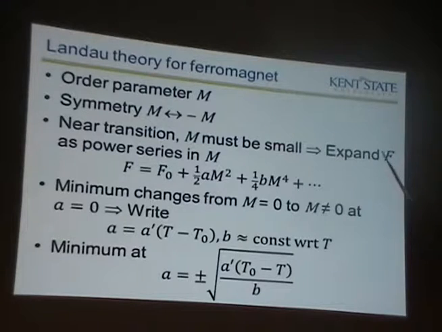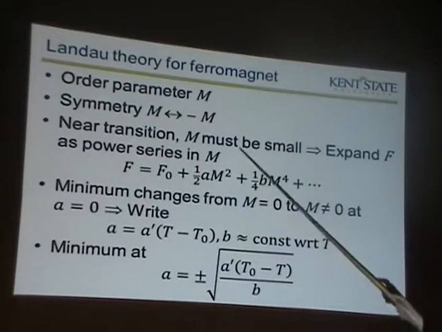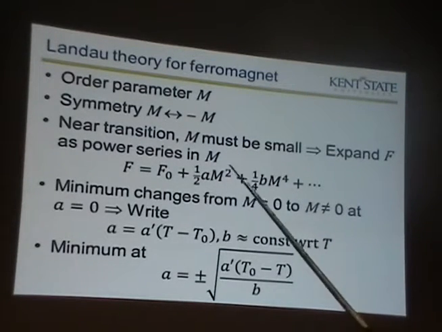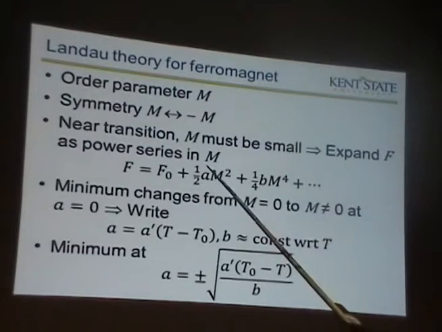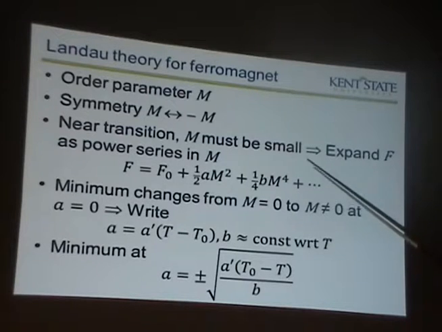So with this idea of smoothness, we would expand the free energy as a power series in m. And because of the symmetry, we can have only even powers. So we would say that the free energy is like a constant plus a m squared plus b m to the fourth. And let's stop there because we think m is pretty small. And then we can ask, where's the minimum of this function? Is it going to be at m equals 0 or at m not equal to 0?